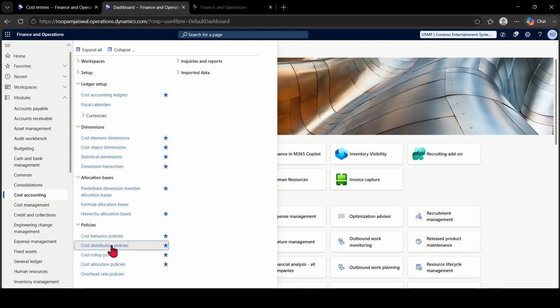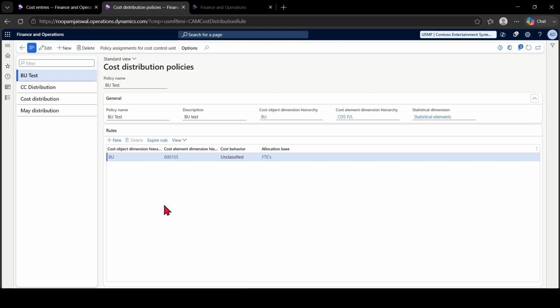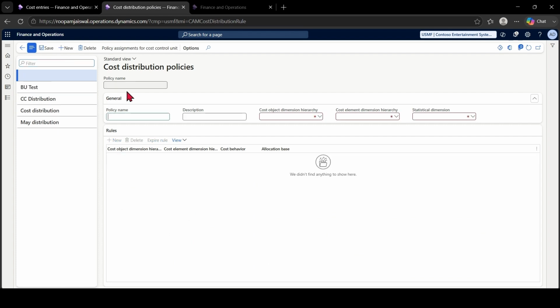In the cost distribution policy, to distribute, I have to give the formula. So I can create a new policy and call it demo CC, and you can give a description or else leave it as it is. It's not mandatory. Here comes the object hierarchy.